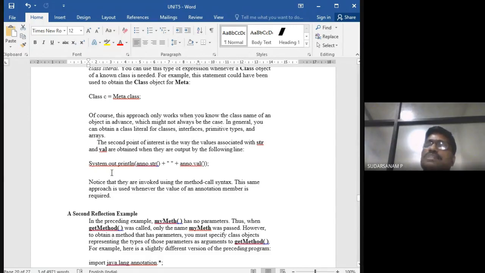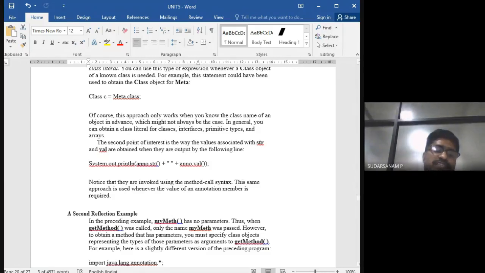Another one is System.out.println. These two values you have to display. The parameters you have passed, whatever you have written for the link interfaces, those values will be printed. That is the way the program works.